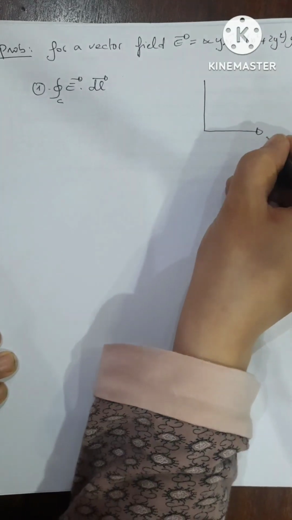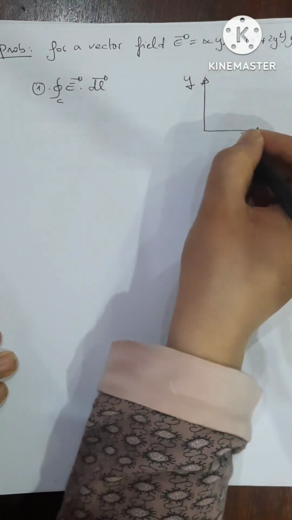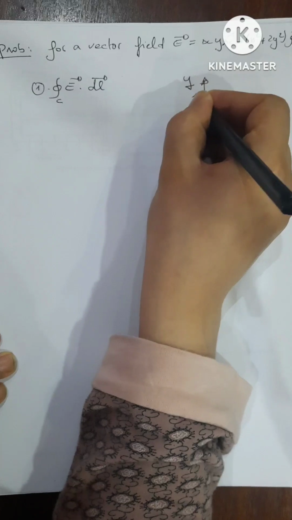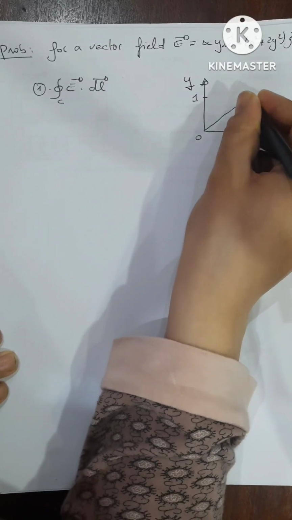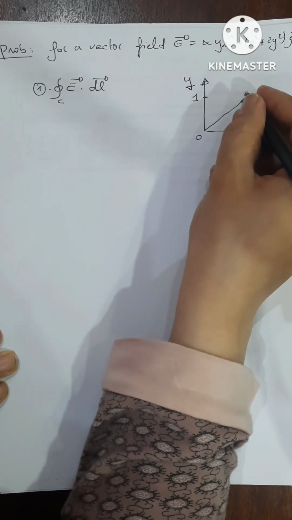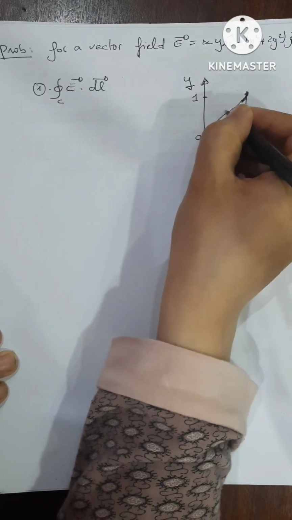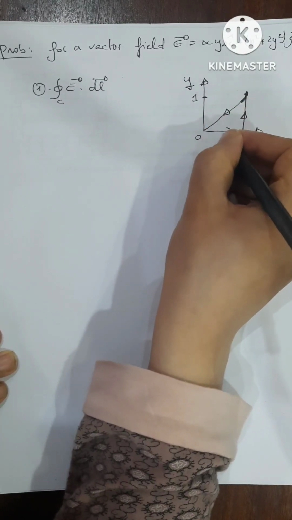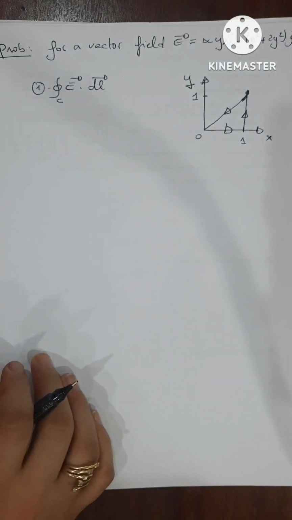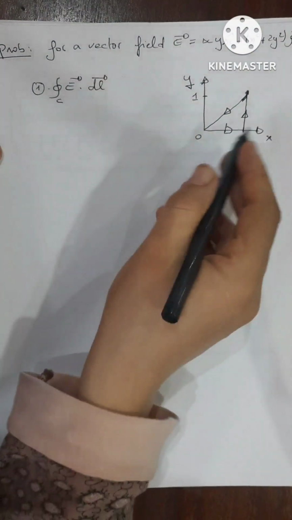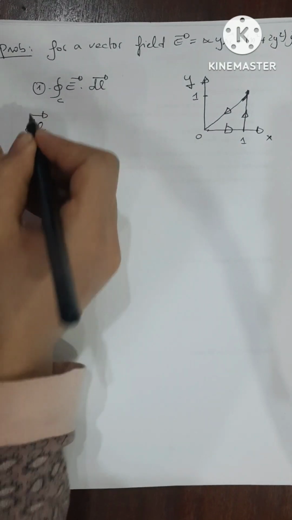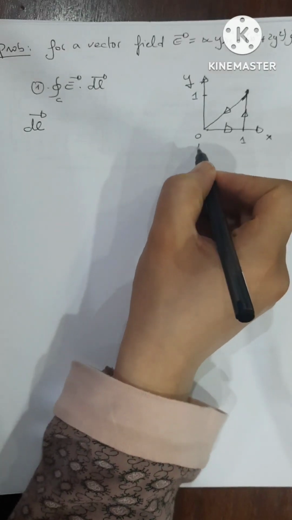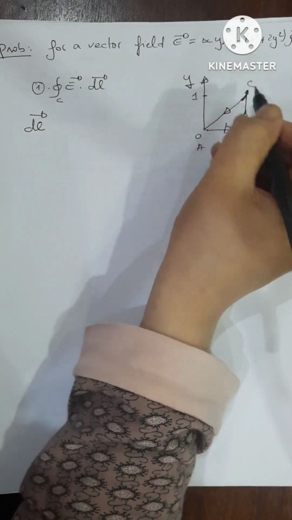We have x, y, 1, 1. So from 0 to 1, from 1 to x equals 1 to y equals 1, then from y equals 1 to 0. Okay, so now we have E. We have to find first E·dl. Same way, dl for the first case, we call A to B, for example, and B to C, C to A. From A to B,